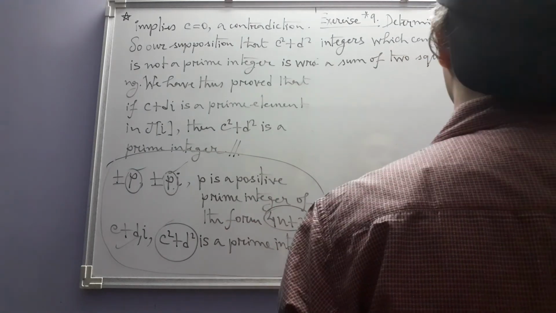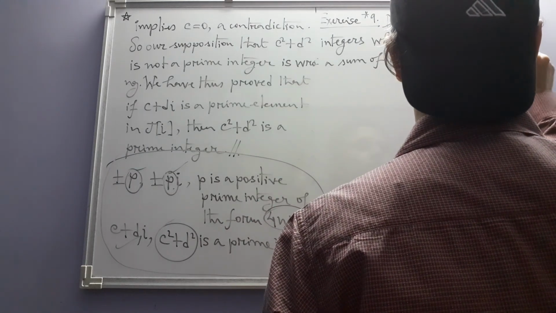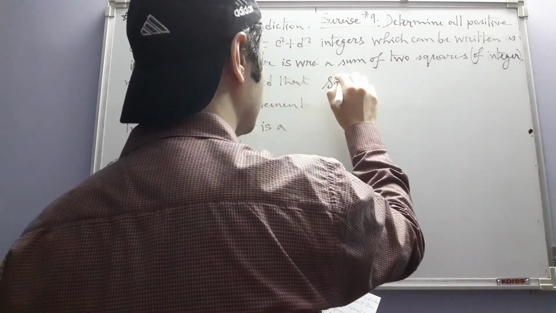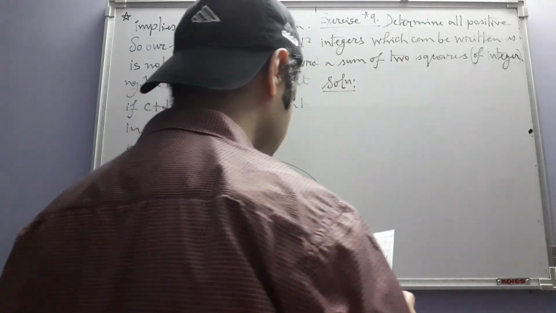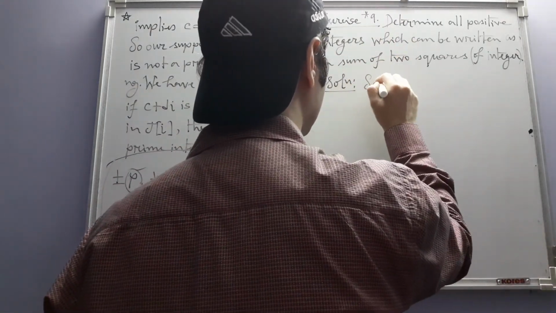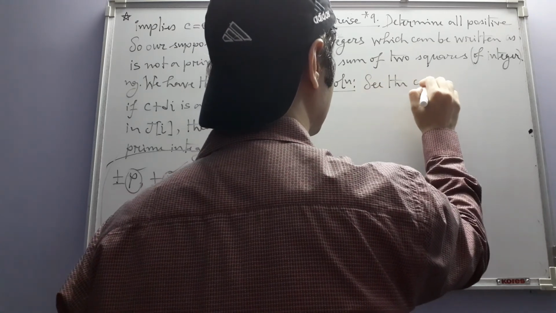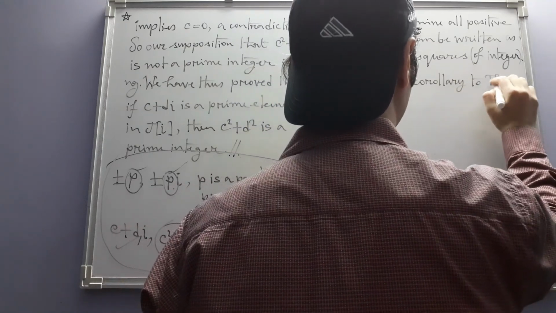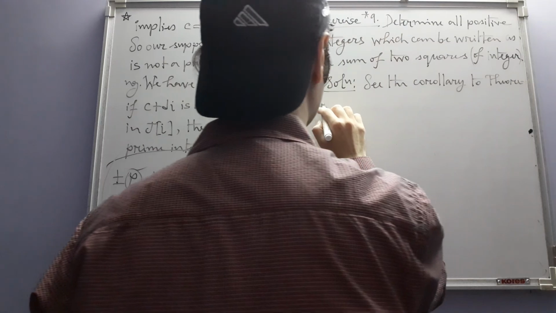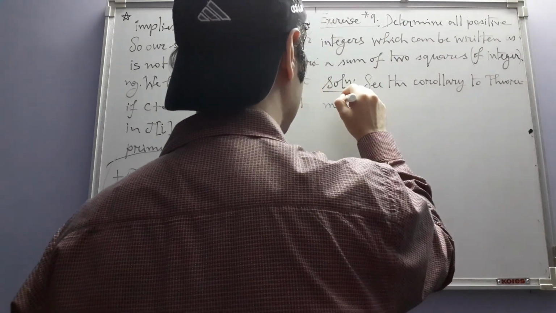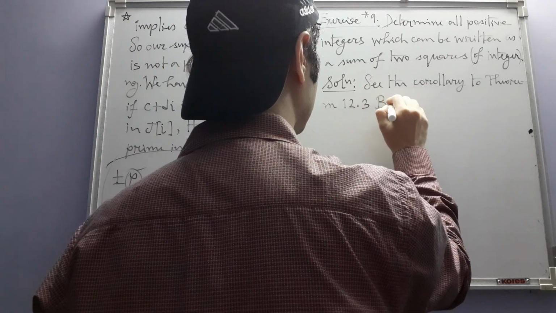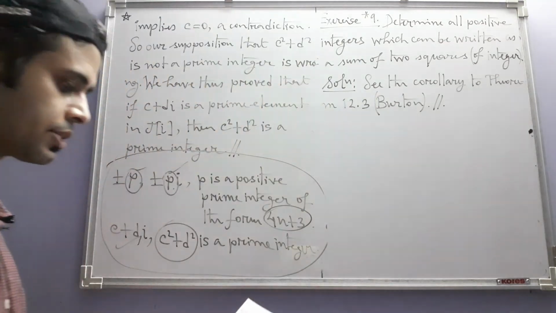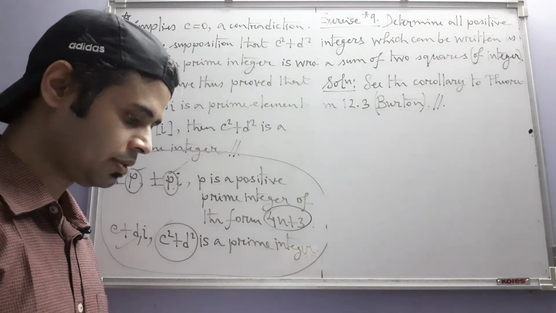This is a classic problem in number theory whose solution is already available, and it appears as a corollary. See the corollary to theorem 12.3 from Burton. And with this, the set of exercises is over. After this